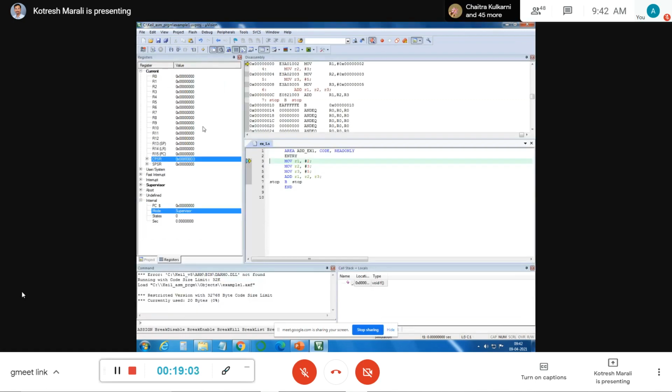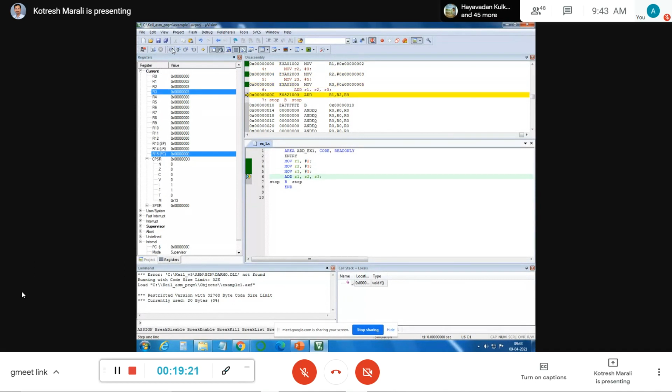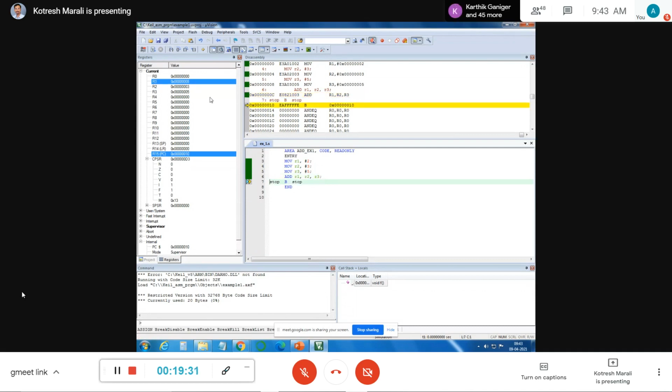If you want to run in one shot, you can run this. Okay, and keep observing how the R1 value is going to change. R1 fetches 2, R2 fetches 3, R3 is going to be 5, and once again check R1. So 5 plus 3 is 8, 8 plus 2 is 10.